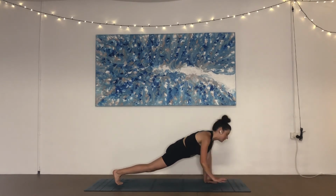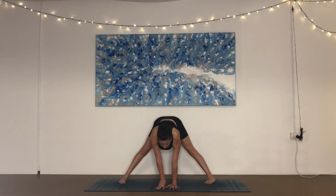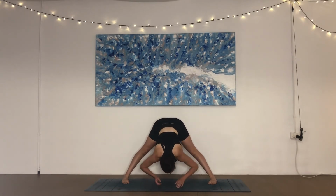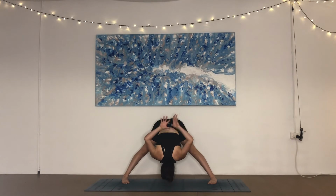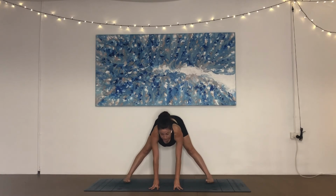Walk the hands back, below the shoulders, drop the back heel, pivot the left toes in, coming back to our Prasarita Padottanasana. This time we'll fold down the middle and bind the hands behind the back, working the arms overhead, rinsing the shoulders. Press the crown of the head down towards the ground. The legs are strong. For 3, for 2, for 1, and release the hands, come up halfway, hands to the